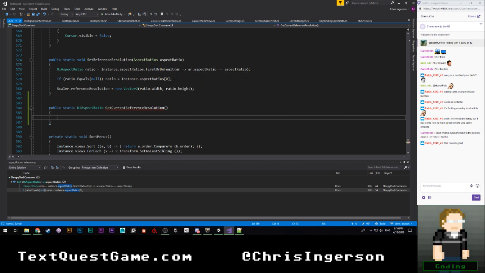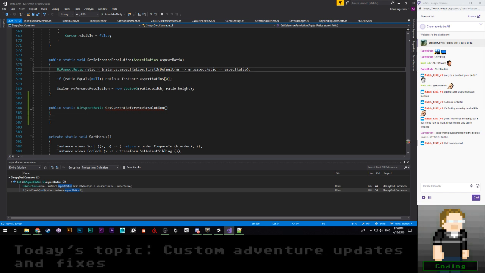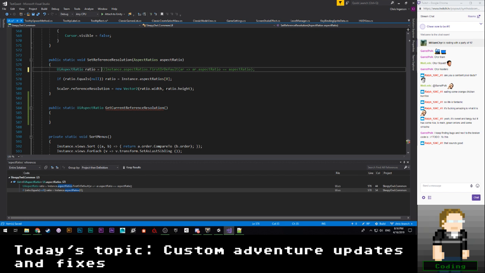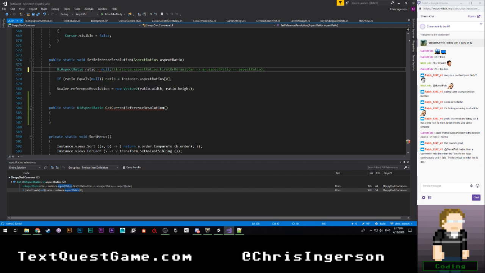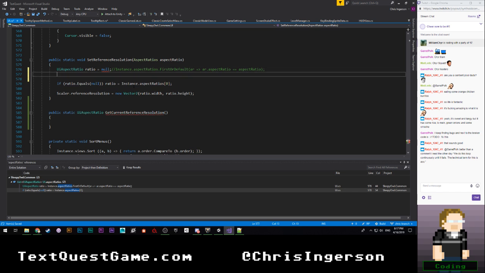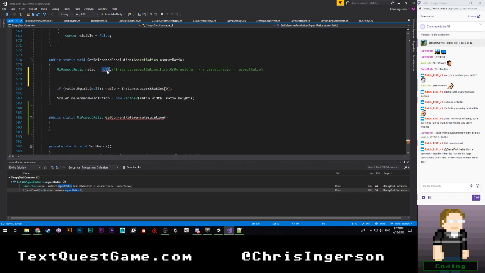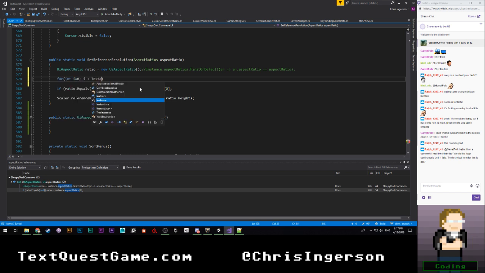I hate that I'm using FirstOrDefault because that's terrible. I'm actually going to fix that while I'm in here. Ever since I learned that LINQ, System.Linq is just a giant pile of garbage. Not like it's bad. I mean, it literally generates giant piles of garbage. I've been trying to get rid of my FirstOrDefault references. So we're gonna go ahead and say is equal to null, and then we're gonna go ahead. Oh, right, it's a non. Hold on. I'm just gonna have to do that, I guess. And then we're gonna say for int i equals 0, i is less than instance.aspectRatios.Count